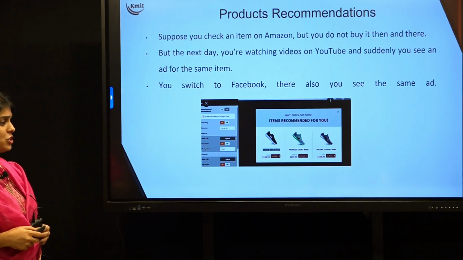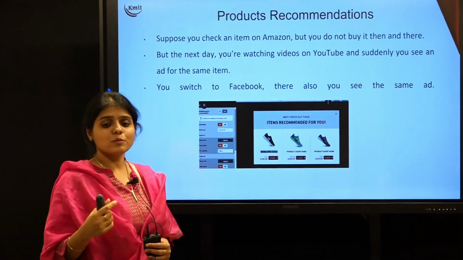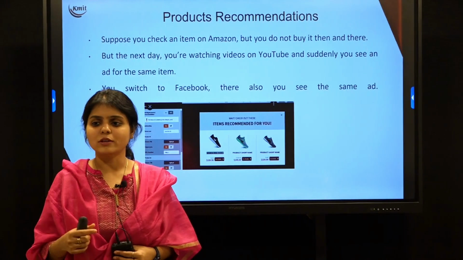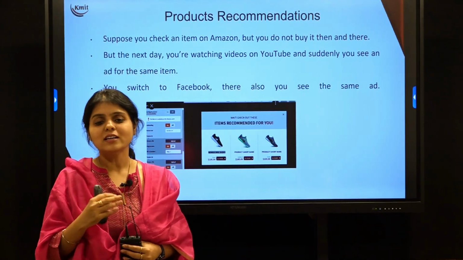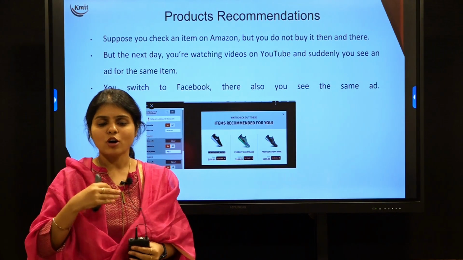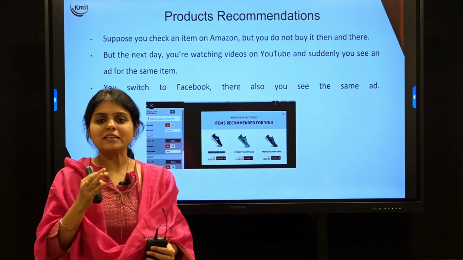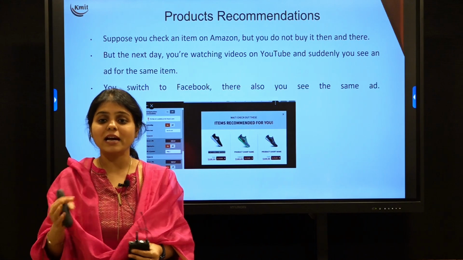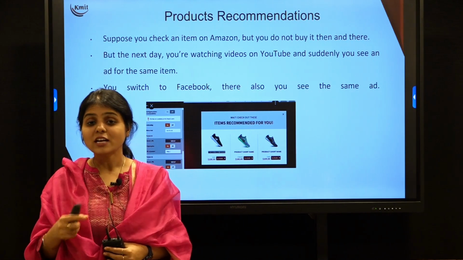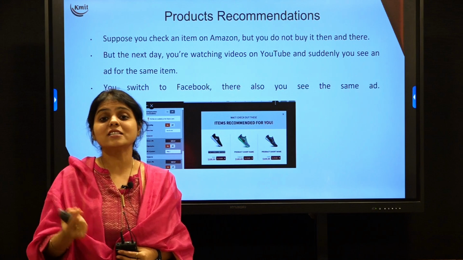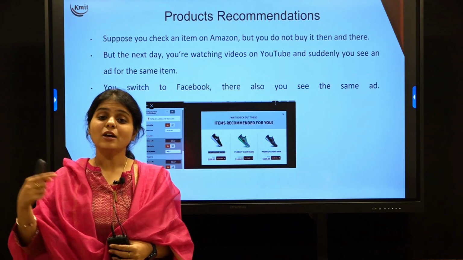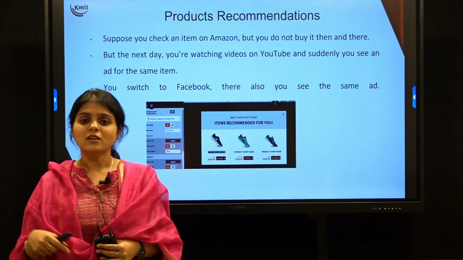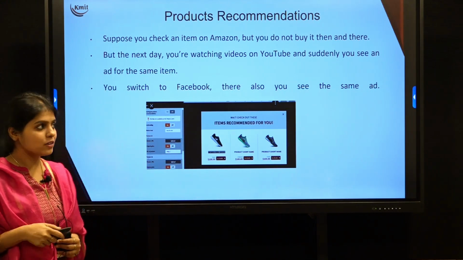Next, product recommendation. Once we search for a product on Amazon or Flipkart, I add it to the cart and forget about it. Then when I open YouTube or my Instagram account, I get recommendations and ads related to that particular product. So the machine is understanding the pattern of my search and then producing results from my search history and giving me recommendations on the social media wherever I go.